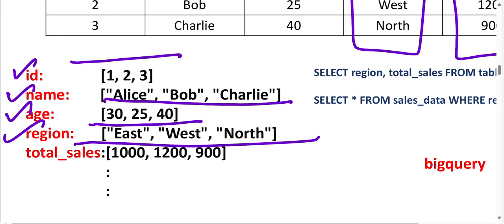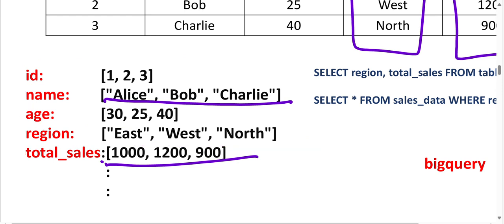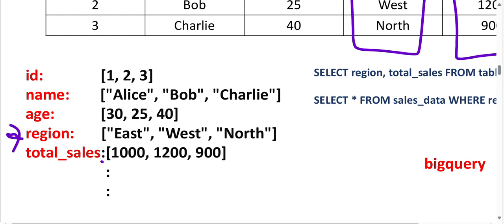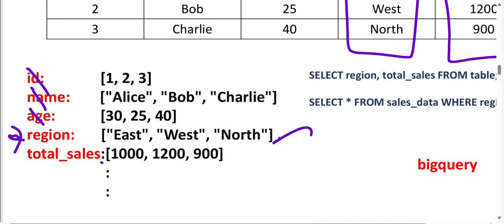Region, everything will be in one place. The total sales will be in one place, right? So when I ask regarding the region, instead of going through the remaining columns, it will directly come here and fetch this, instead of going through all these things. It will be easy, right?